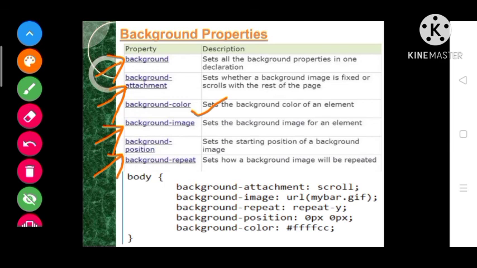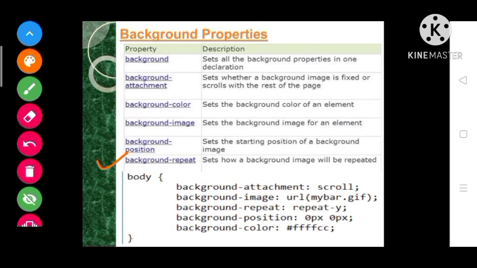Background position is the place where we want to keep our image on the web page. Generally it is decided horizontally as well as vertically. And at the last, background repeat. If you want to repeat any particular image on the background, then we should use the background repeat property.